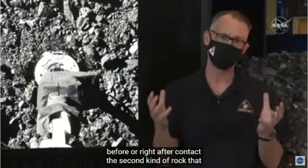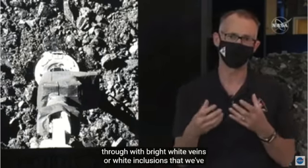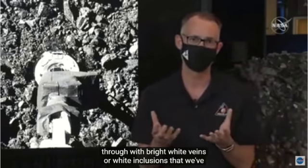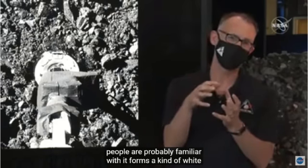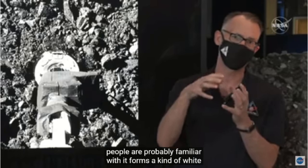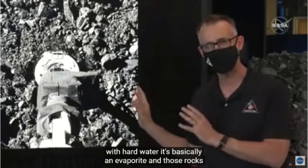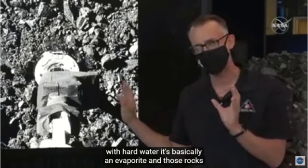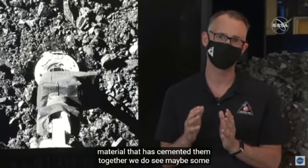This is a mineral people are probably familiar with. It forms a kind of white crud around your faucets and sinks if you live in an area with hard water. It's basically an evaporite, and those rocks seem to be a little stronger, probably because of that material that has cemented them together. We do see maybe some hints that there was some of that brighter material, smaller fragments of it, underneath the TAGSAM head, but the team is going in for detailed analysis to determine if that's in